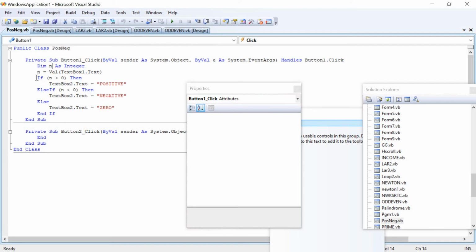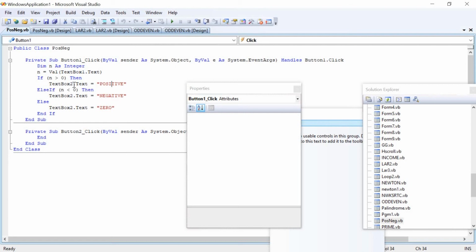Here comes the if statement, and the condition is very simple: if n is greater than 0, then what happens? It will display the message positive, which is of text type. For that sake, it is taken in double quotes, and that will be displayed in text box 2 dot text property.